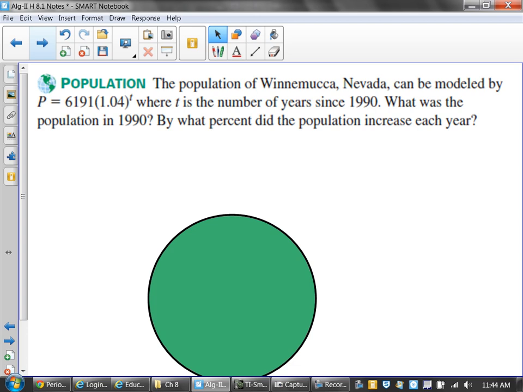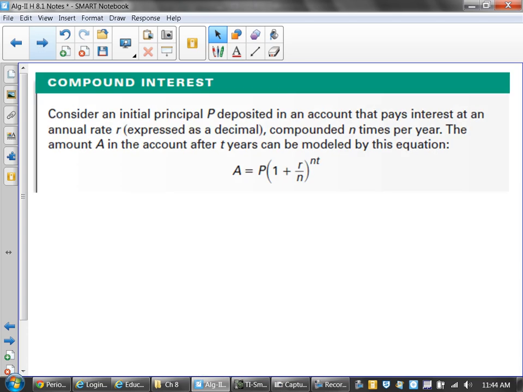This is the kind of stuff we're looking at with these growth models. There's two different types of things we're looking at today as far as growth models are concerned. We're talking about this basic population style, and then we're going to talk about compounding interest. The compounding interest ones deal with money. Growth models generally don't. That's a big idea of how you're able to decide what type of model you're working with. When we're talking about compounding interest,